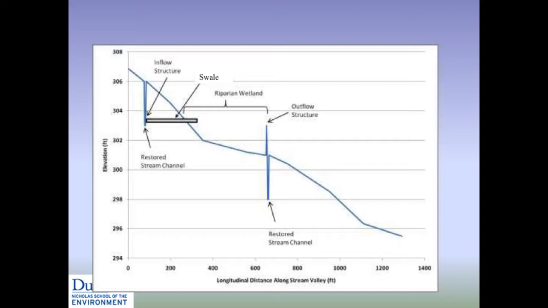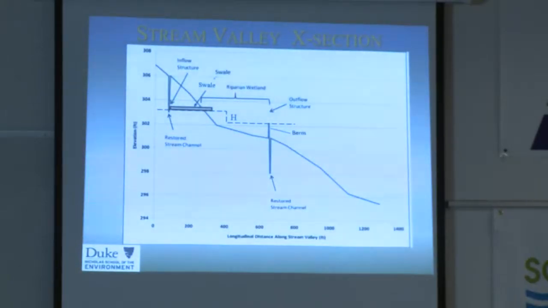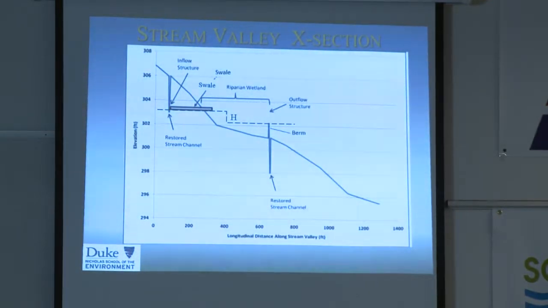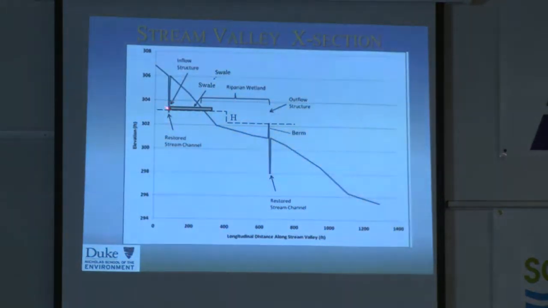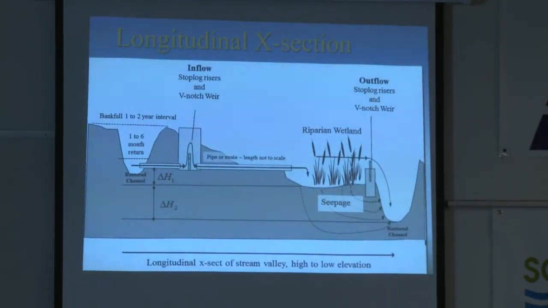And the key point here is that what's driving water flow through our anabranching system is the change in elevation between the invert of our swale that's intercepting flow at the base of our stream channel here. And the swale looks like a pipe. It could be a pipe, but in our case, it's a swale. And that change in elevation between the invert of our pipe or swale and the outflow of our berm right here at the other end of the wetland. So that change in head is going to be important for driving flow through the wetland system. To look at it in another way,